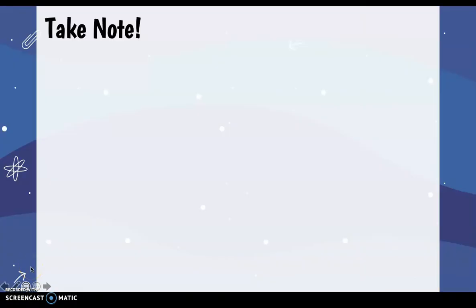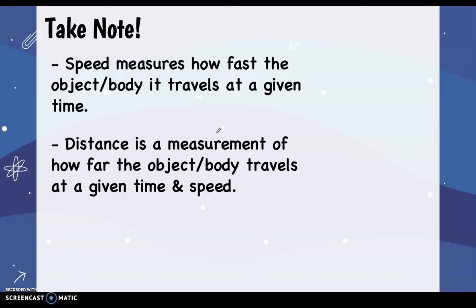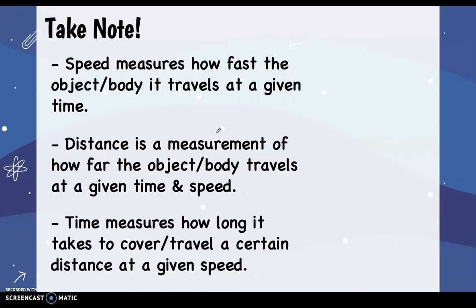Let's define first speed, distance, and time. So when you say speed, it measures how fast the object or body travels at a given time. And speed is a measure of how quickly a person or an object moves from one place to another. When you say distance, it is a measurement of how far the object or body travels at a given time and speed. And when you say time, it measures how long it takes to cover or travel a certain distance